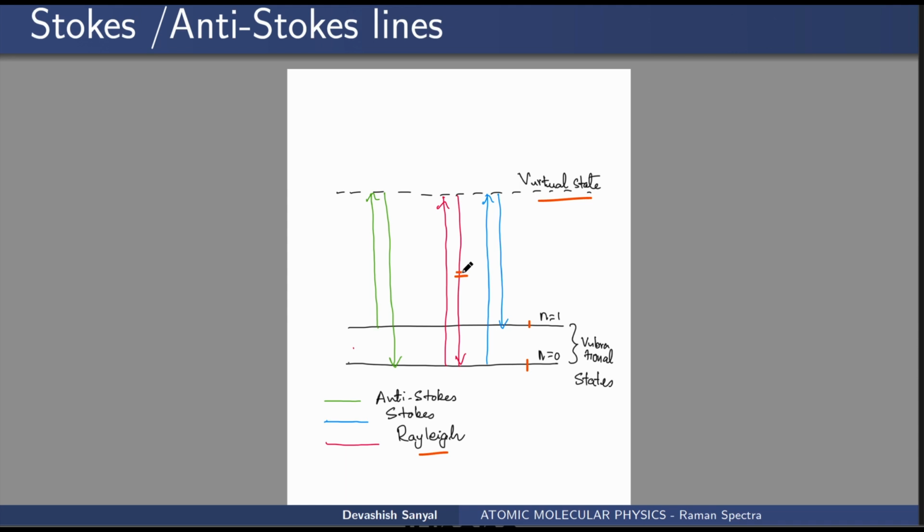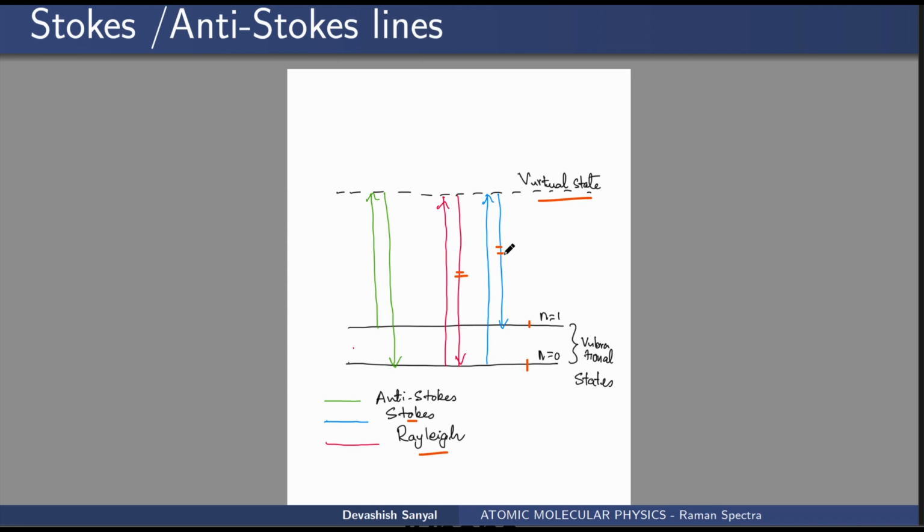If you go to the blue line, the blue line denotes the Stokes. Stokes means, say from n is equal to 0, the molecule goes to the virtual state and then it falls back to the n is equal to 1 state. So this is the line that is observed in the spectrum. This has a lesser frequency